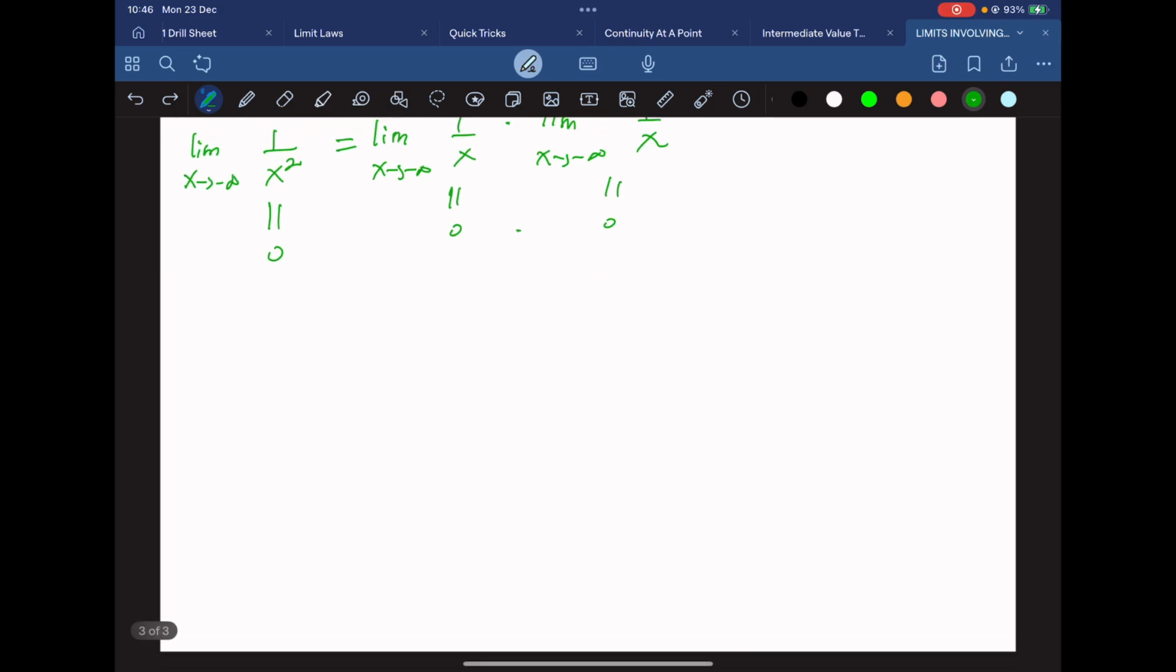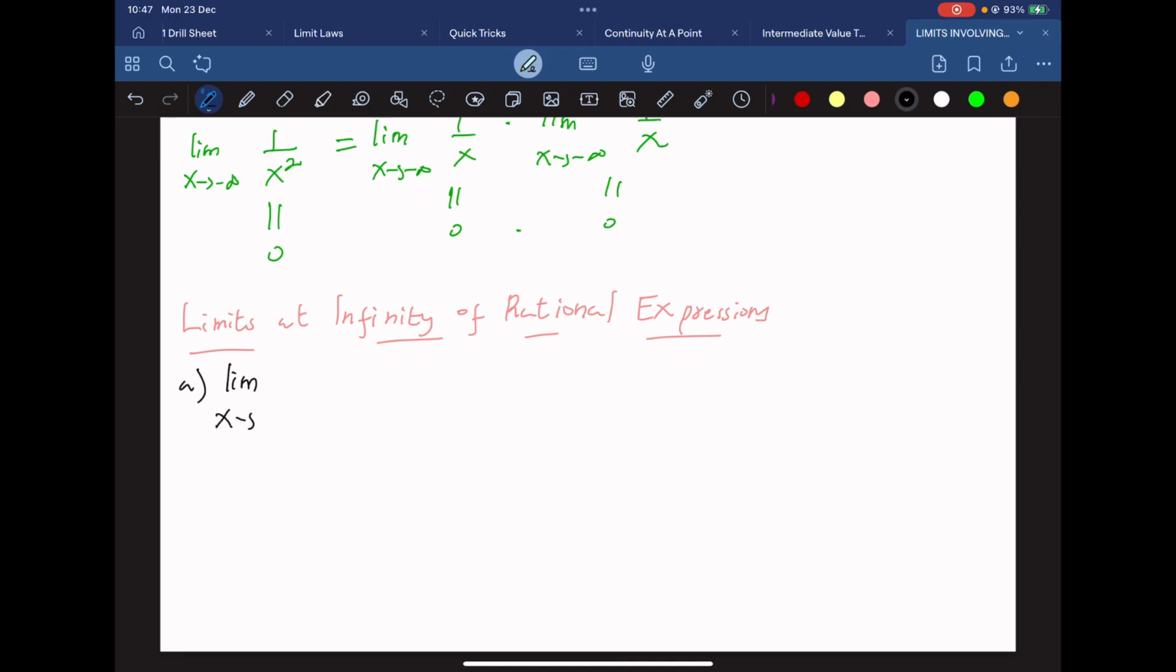Okay. Now let's look at limits at infinity of rational expressions. We are to find the limit as x approaches infinity of 5x squared plus 8x minus 3 over 3x squared